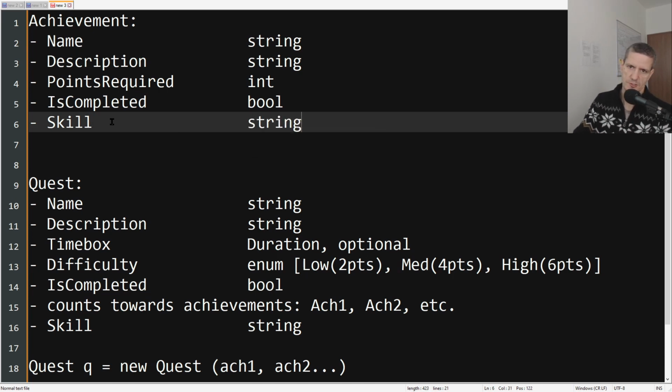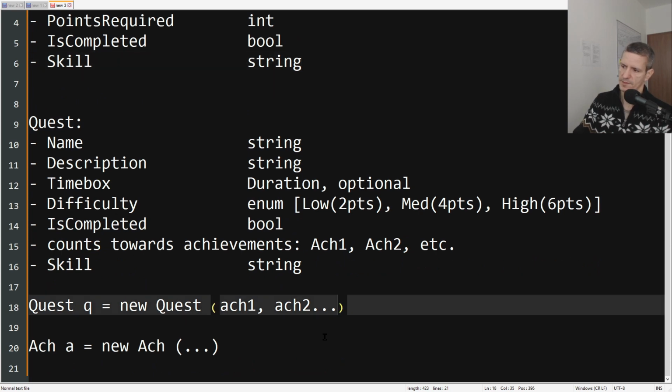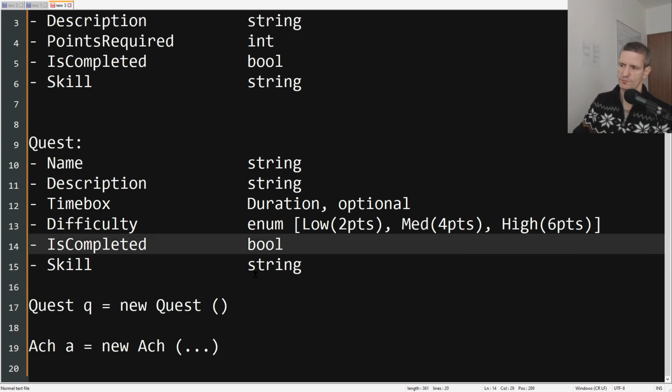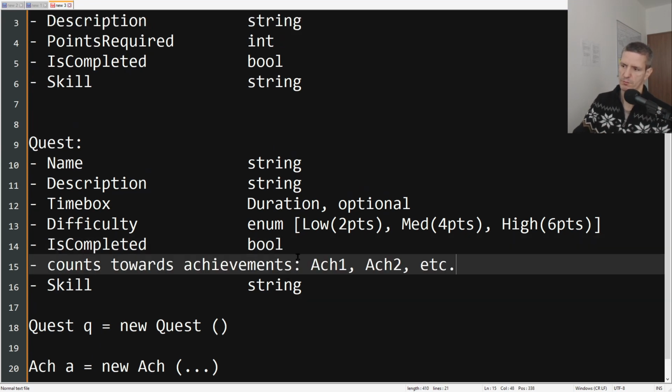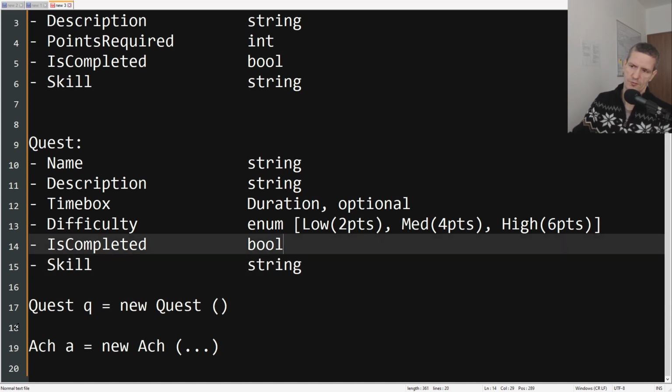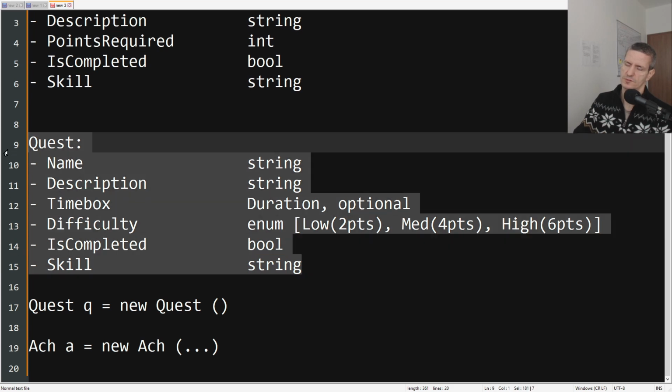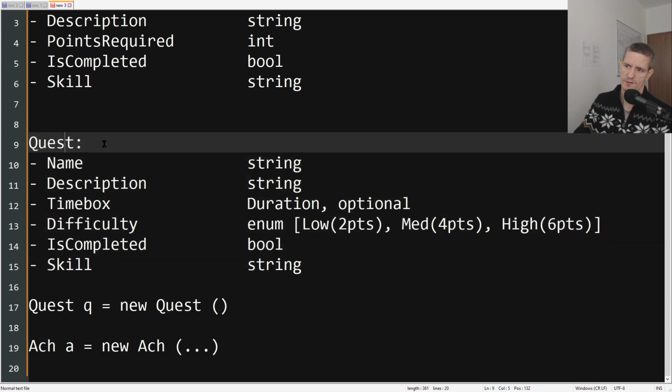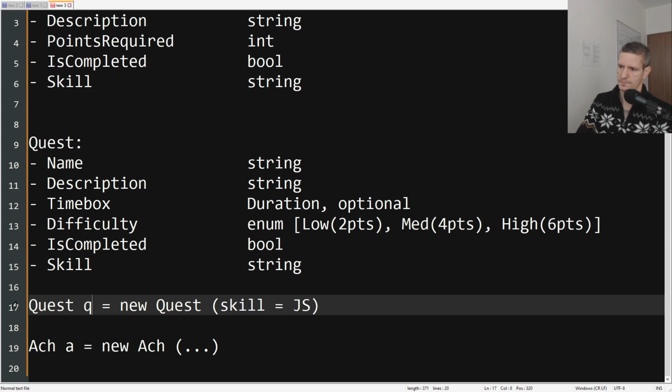And what does that change? Well, when the quest is created, you don't pass the achievements anymore, because we remove the binding of the achievements straight into the quest. You have the quest that you want to learn JavaScript, so you make a quest about this task. When you make the quest, learn JS, so we make a new quest, then you assign the JavaScript skill to this,